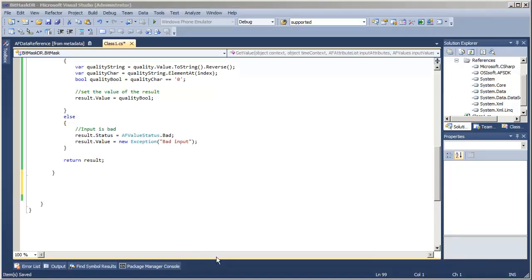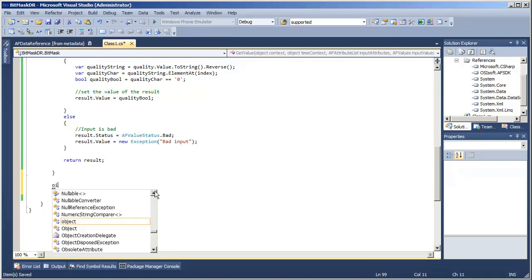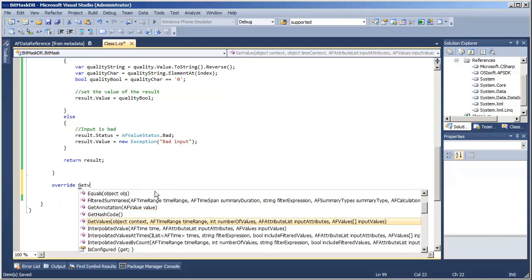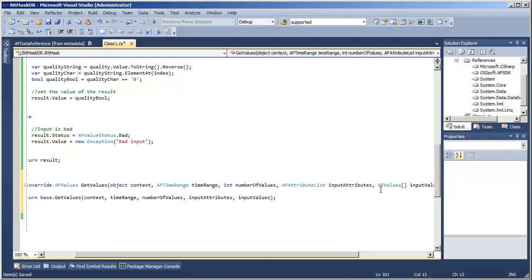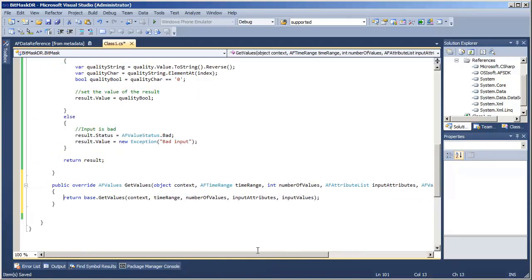So if I were to implement this getValues method here in our data reference, in other words, override getValues, I see that we're passed various chunks of AF values, so I'd probably end up writing just a big dumb for each loop that loops through all those input values, and doing something very similar to all of the logic already up in my getValue method, right?